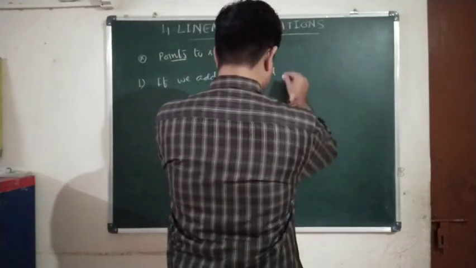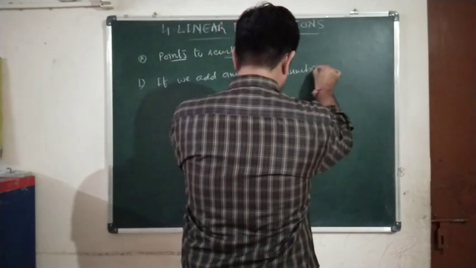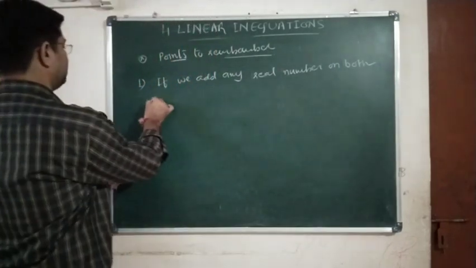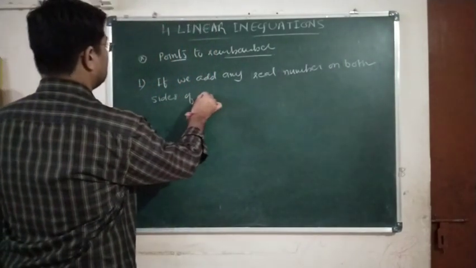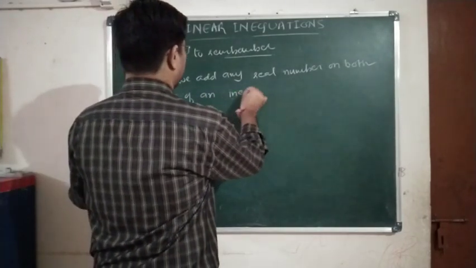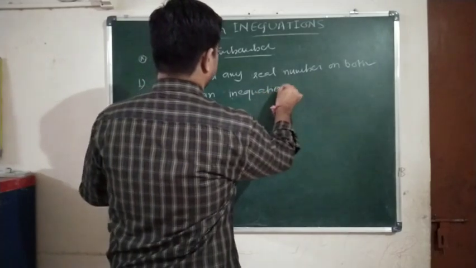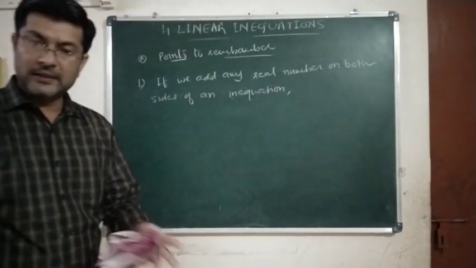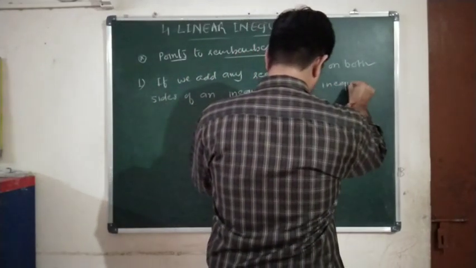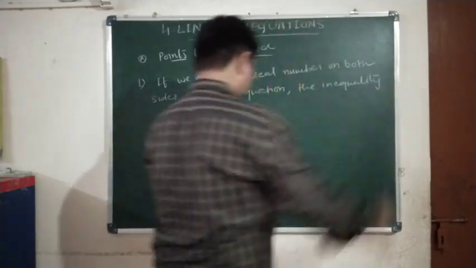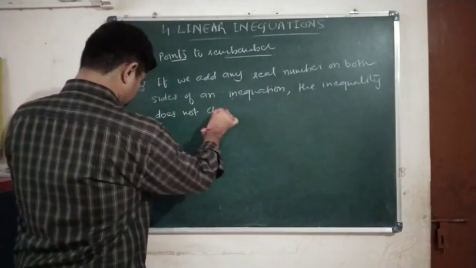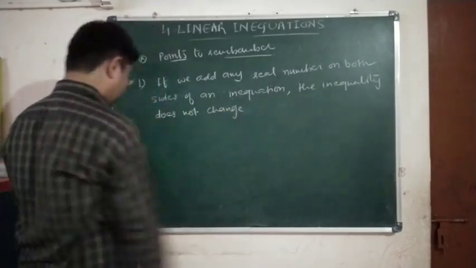Okay, if we add any real number on both sides of an inequation, the inequality does not change. The inequality does not change. For example,